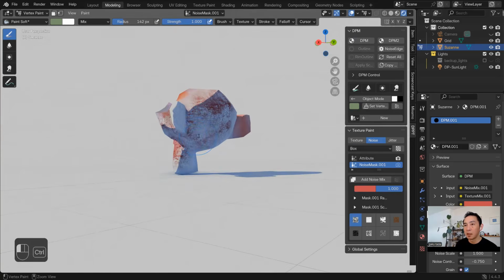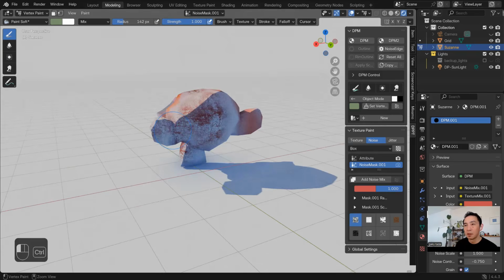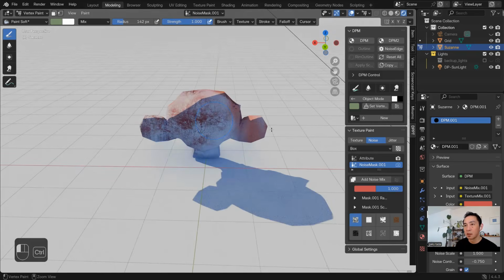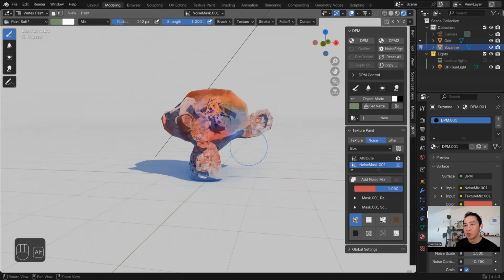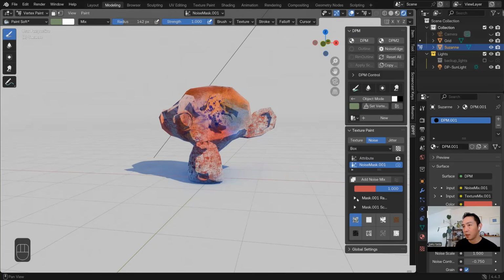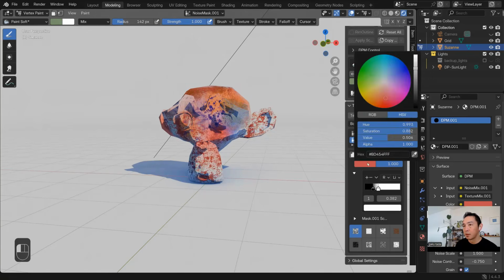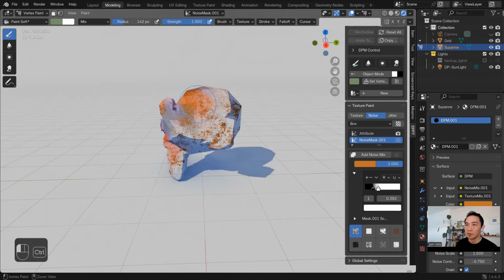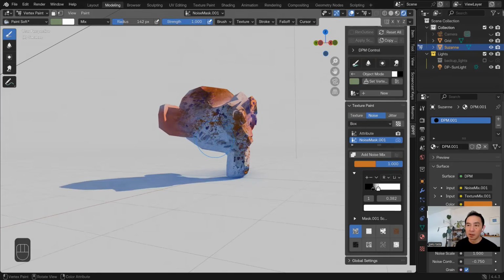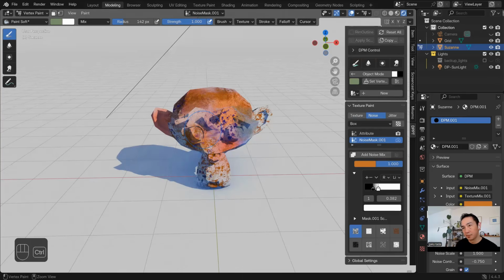If you don't want to paint the texture map, you can simply project it to the geometry. And if you open this one, you can change the contrast like this. You can also change the color, so this is going to make a more detailed look without that texture paint.